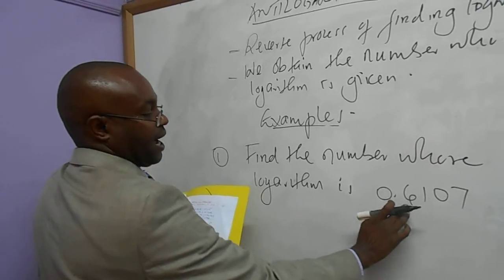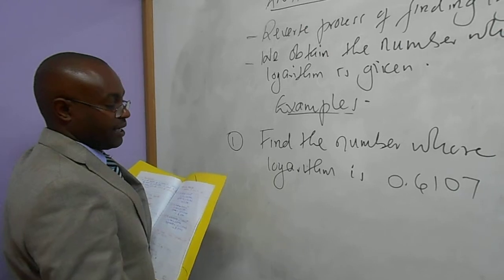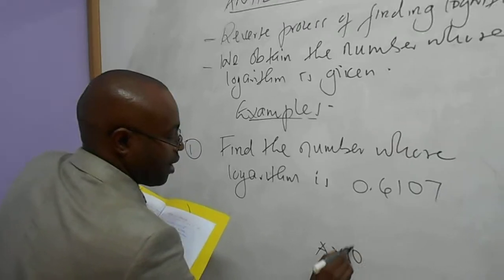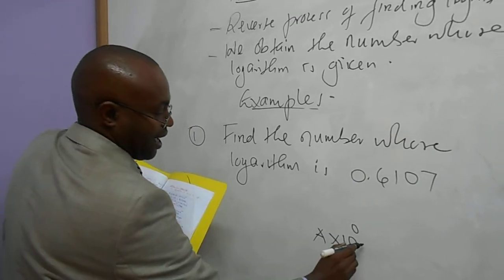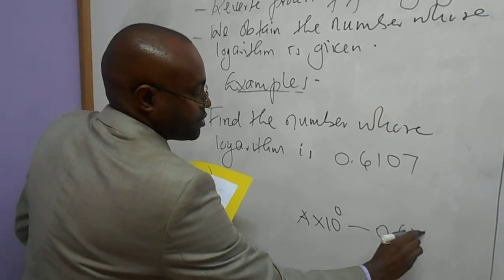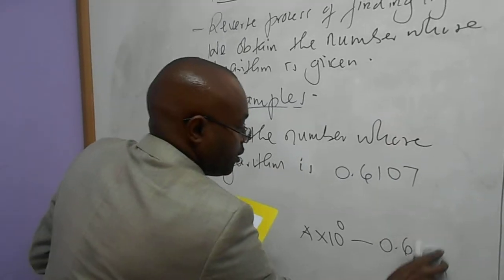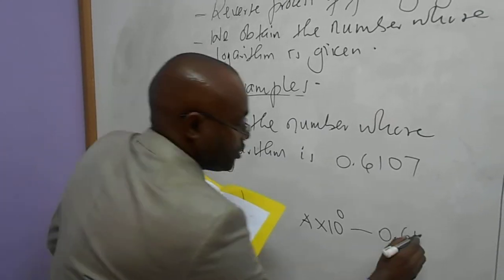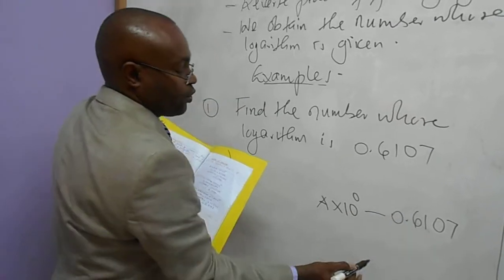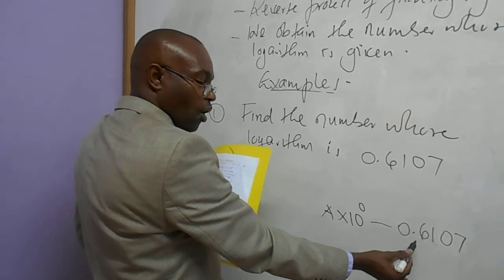the characteristic and the mantissa. And you realize that our characteristic here is 0. So what are we saying? A certain number A times 10 to power 0 has a logarithm of 0.6107. So class, at this juncture, you take the mathematical tables and read the antilog of